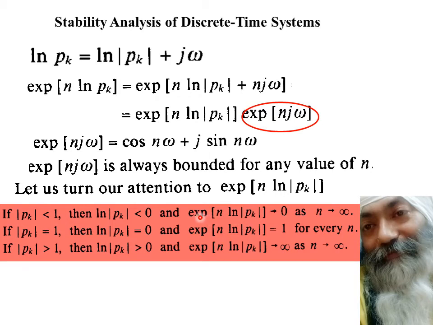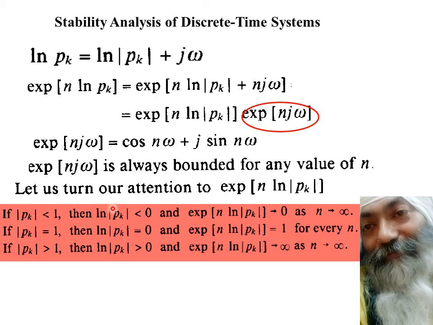So as the value of n increases, e to the power minus 1, e to the power minus 2, minus 3, minus 4, as it becomes larger and larger, the value of e to the power minus something very large tends to 0. It will never go negative, number one. And as long as the log natural of pk, this exponential term, is negative, it will always tend towards 0. It cannot go beyond that. Further, if we explore it for the value of pk equal to 1, then log natural of 1 is 0. And when we take the exponential of that, we will again get 1. E to the power 0 is 1.